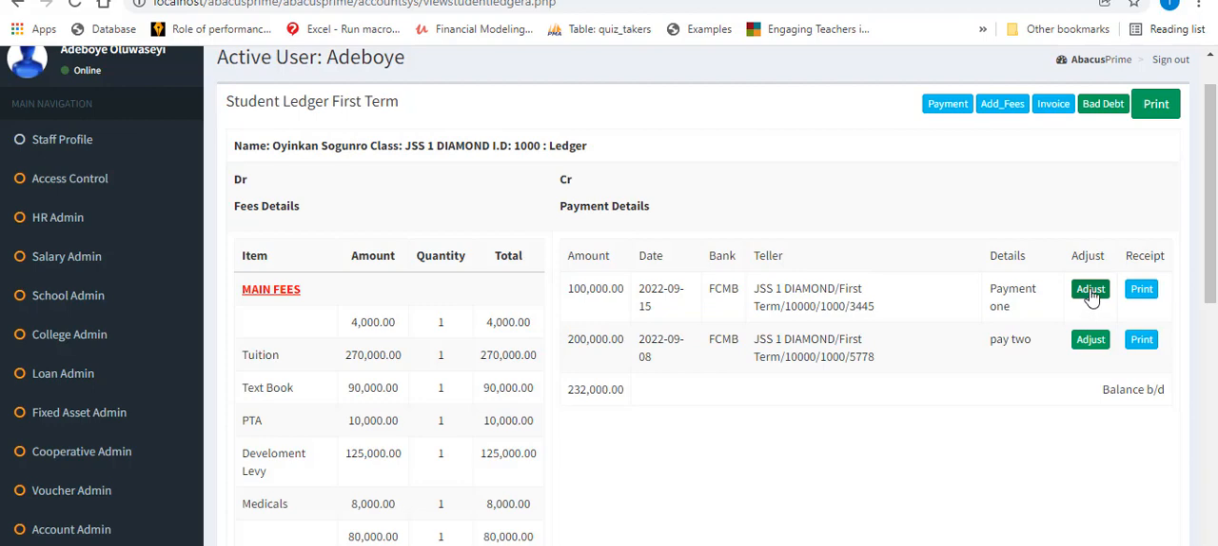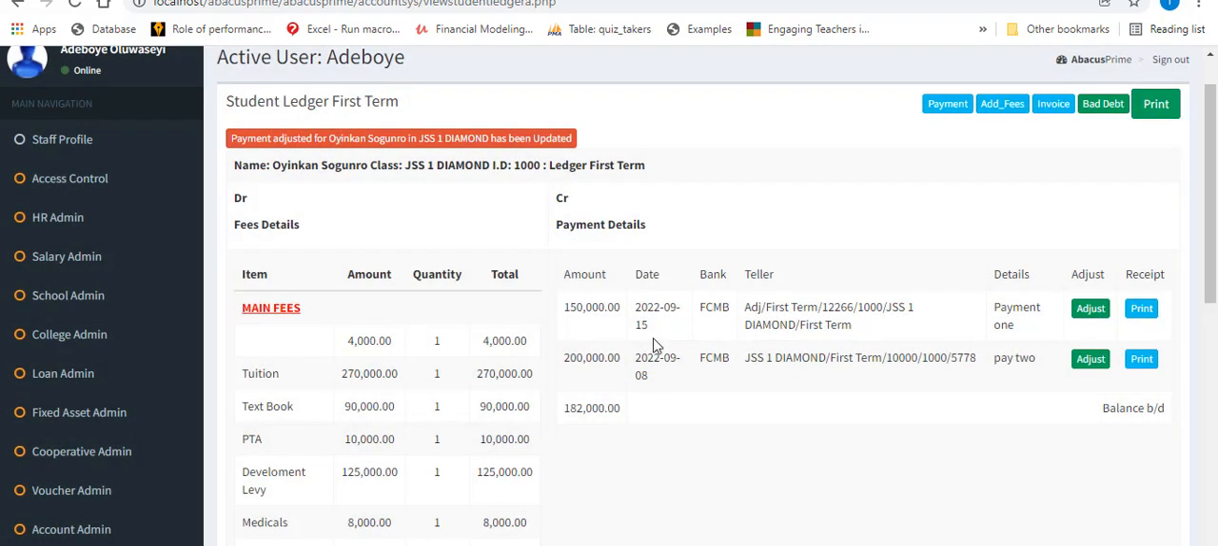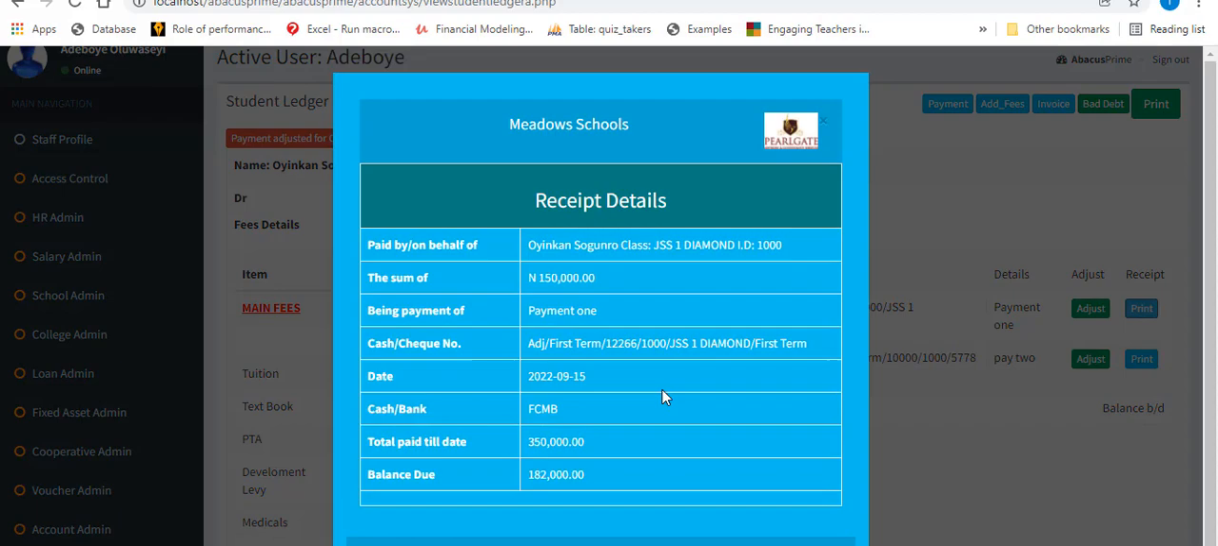If you need to make any adjustment to the payment in case a mistake was made, you can click adjust, and you have your payment, and change the payment details to the correct payment details. As you can see, 100,000 will be changed to 150. You can print this invoice